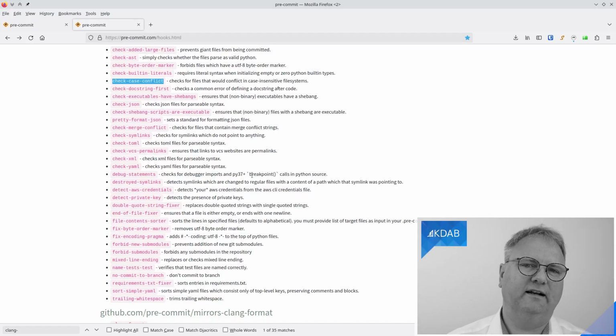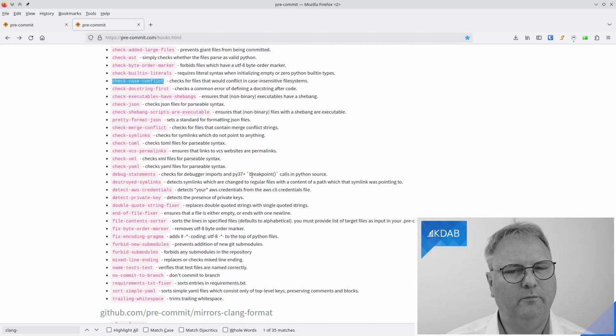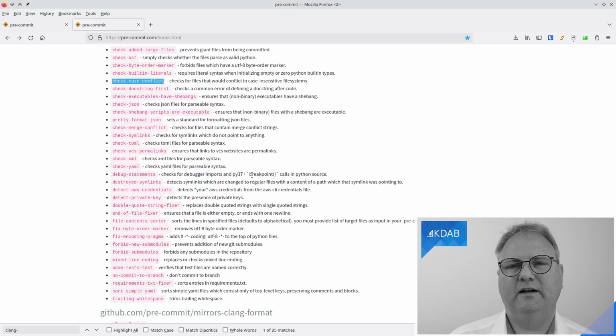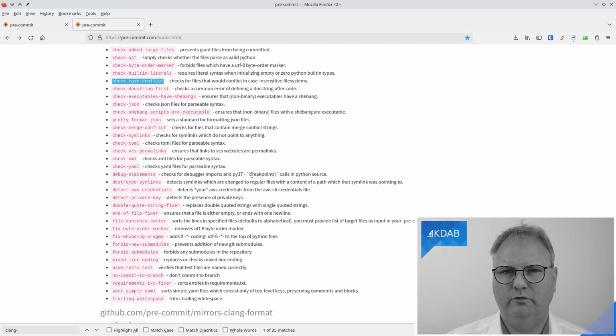Again, I'll likely create my own repository for those few that I have. For example, one that I like very much is the one that will complain if I have a fix me committed, because when I do some larger changes, I can just write fix me in my code, and I know that they are mine. And when I try to commit, then it will complain, hey, you have fix me here, you should not have that.